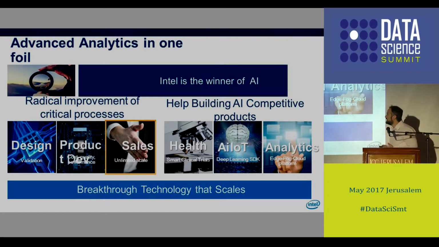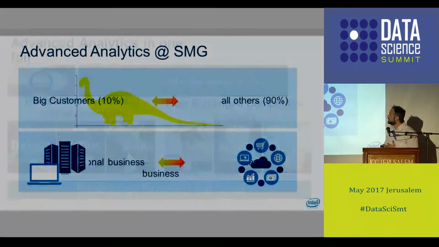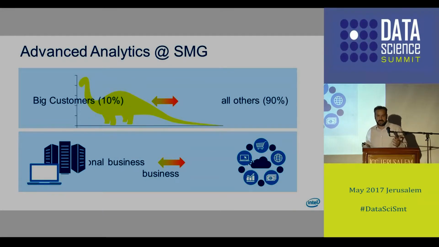The key activities that we support come from chip design to their manufacturing, and eventually the sales process. The team I work on focuses on helping Intel's sales and marketing department, SMG, radically improve their sales process. In order to understand the work I'm going to present, you have to understand a bit how